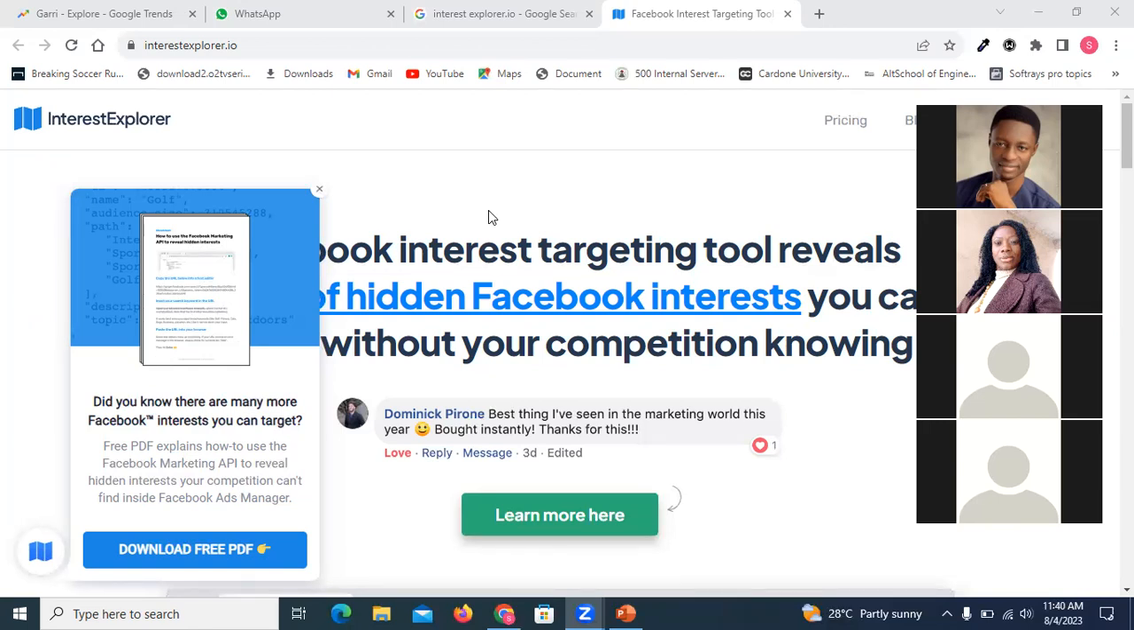That's what Interest Explorer will be telling you. It shows you the audience that can buy, but not everybody is targeting that audience. For example, somebody who wants to sell supplements can go to the hospital and advertise supplements. He may not get a lot of people to buy there because most people that go to the hospital